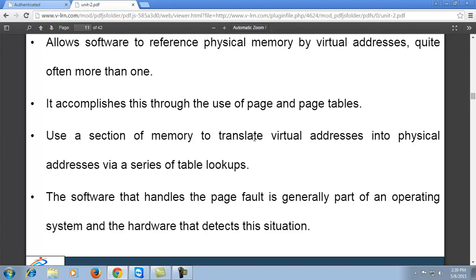If we want to access particular content or data, but it is not available inside the memory, then a page fault occurs. Suppose content ABC is stored in page 1, but after some time page 1 is deleted from the memory, and we still try to access page 1. When we try to access page 1, a page fault occurs because it is already removed from the memory. So a page fault occurs due to the absence of the page, which is not currently present in the memory.